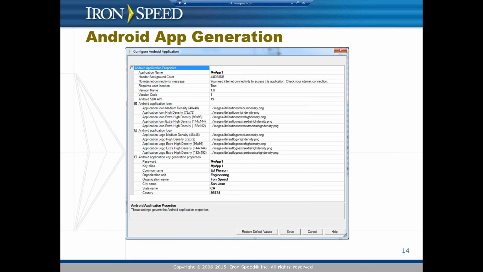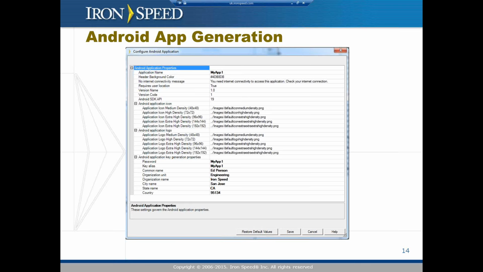Version code is again just an integer value. It's just for your purpose. But the version name will be displayed to everyone who tries to download your application. So let's say I deploy my application to the App Store today as version 1.0. Tomorrow I deploy version 2.0. Then people will see that version 2.0 is available in the App Store and can be downloaded. So pick a version name which people will understand, which is the standard process,